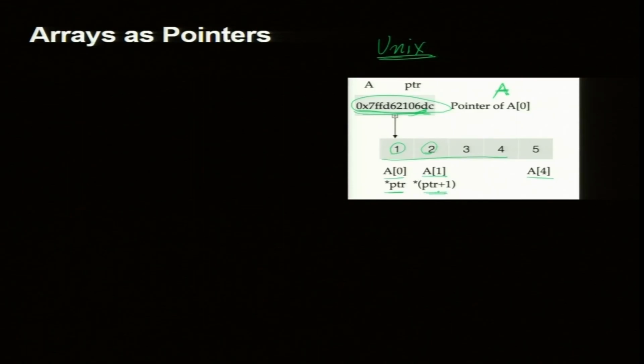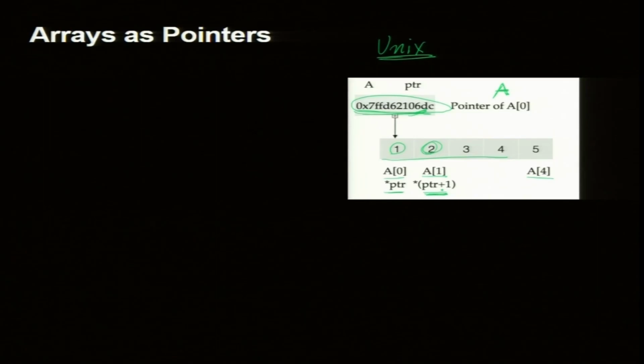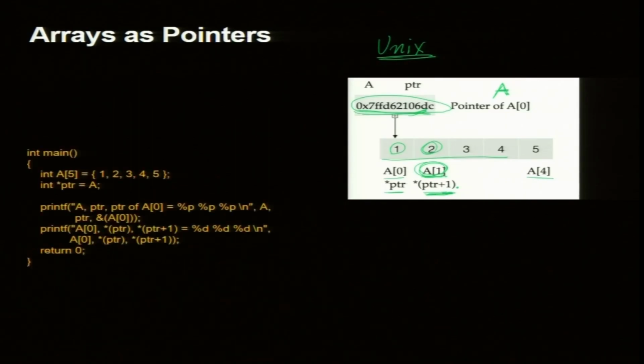Star ptr plus 1, what will it do? It will give me 2, because the pointer is not incrementing the bytes, it is incrementing the word for integer. So, pointer plus 1 will give me 2 and so on. In fact, a lot of C programs retrieve array elements not as A1, A2, A3, A4, but like this, and it is very confusing. What is the star doing? Why are you adding this? Many CUDA programs may have this kind of stuff, so we need to know it.